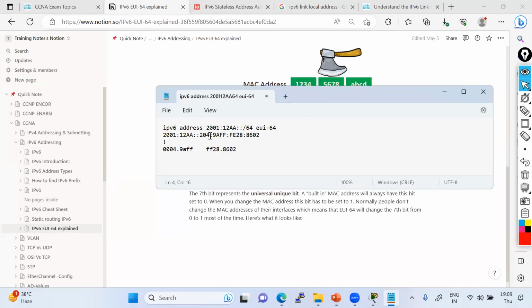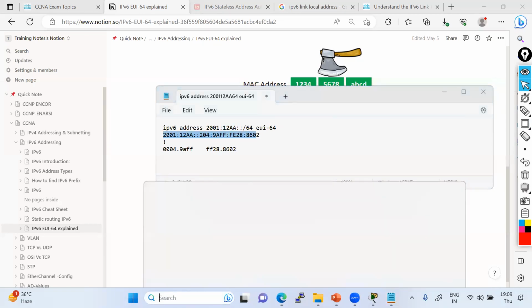See, 9204, right? You see, 004, they make this 204 because it is falling on this particular segment. So they make it 204, and here everything is the same. So you can see everything is the same. So the total IP is how many bits? 16 and 16, it's 32. And the MAC address is 48. So if you do the calculation, right?